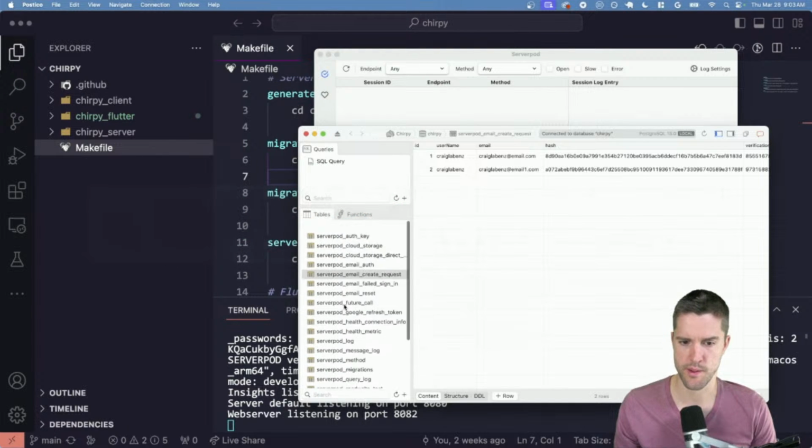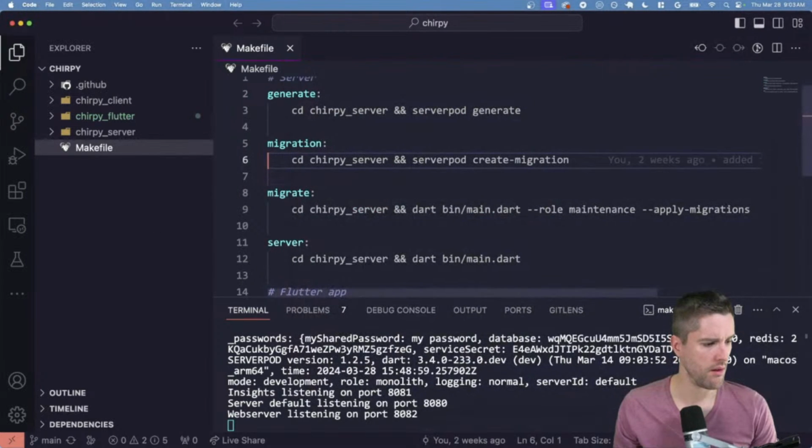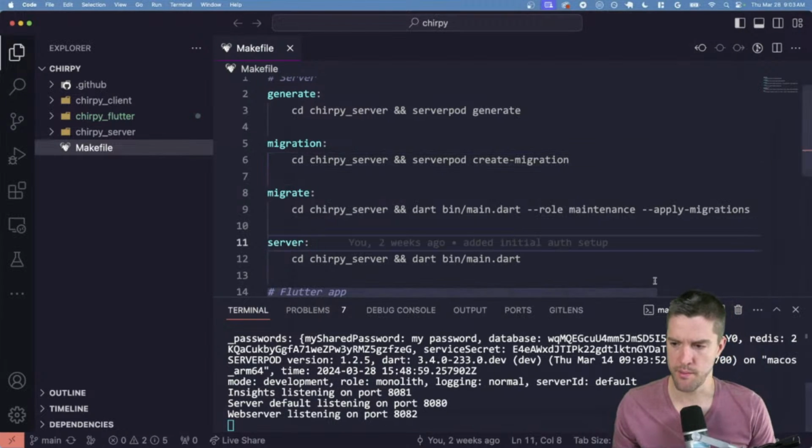This is what I use. We can see all these tables that we made. I think currently only the core Serverpod and Serverpod auth tables. But yeah, ready to add on. So let me launch the